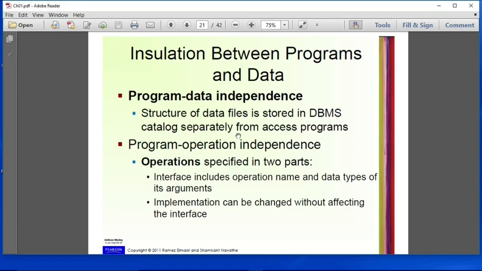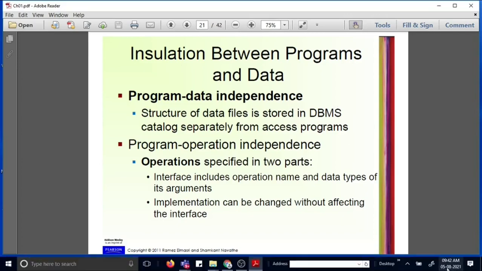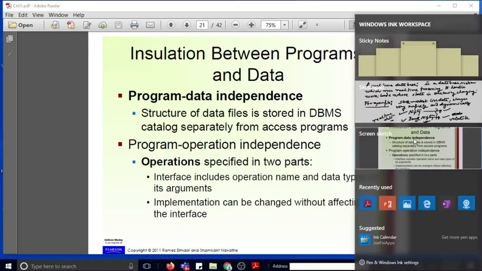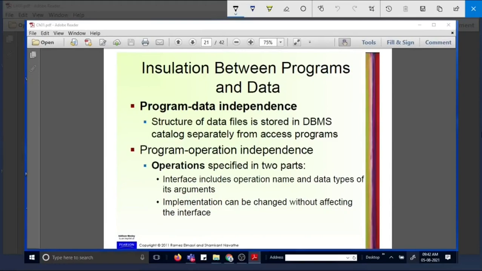So that means we can call this program-data independence. Earlier this facility was not available. Program-data independence: program is on one side, data is on another side, they are not mixing. But in the case of a file processing system they are mixed, so for that you have to pay more cost to segregate the files and the programs. Okay.